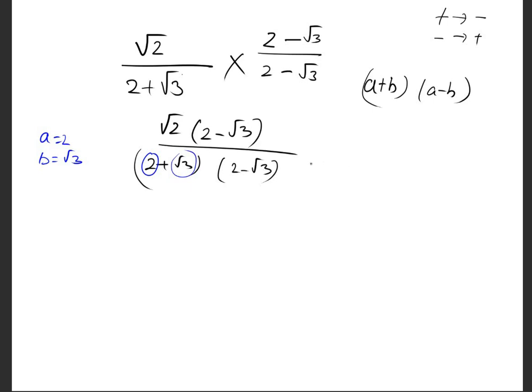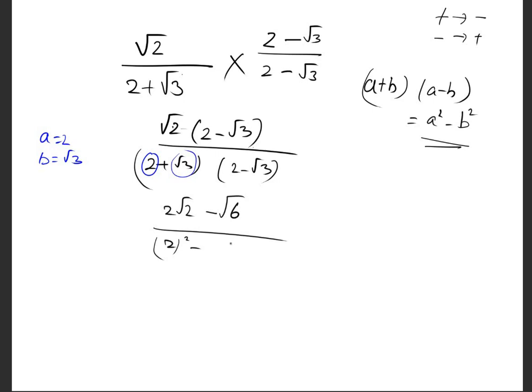Now what is (a plus b)(a minus b)? Algebraically, it is the difference of squares, so it is a square minus b square. Let's do that here. On the top, I will use the distributive law of algebra. Root 2 times 2 becomes 2 root 2, minus root 2 times root 3 becomes root 6, over a square minus b square. A was 2, so a square